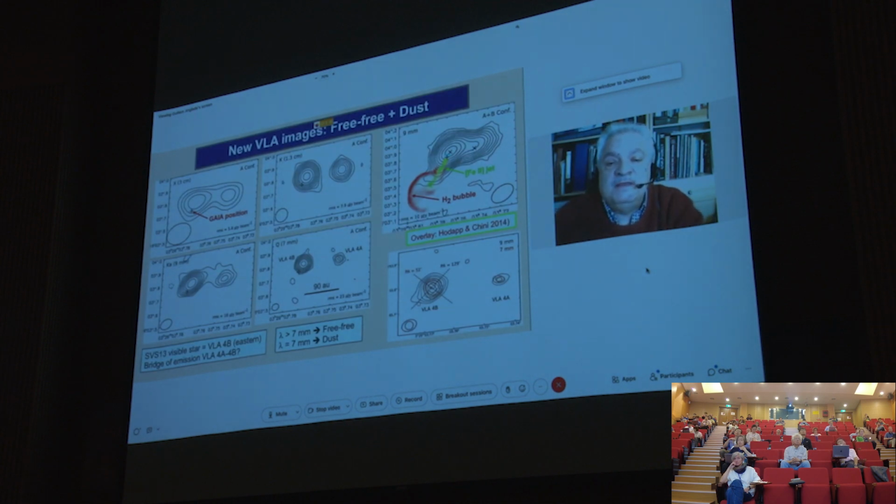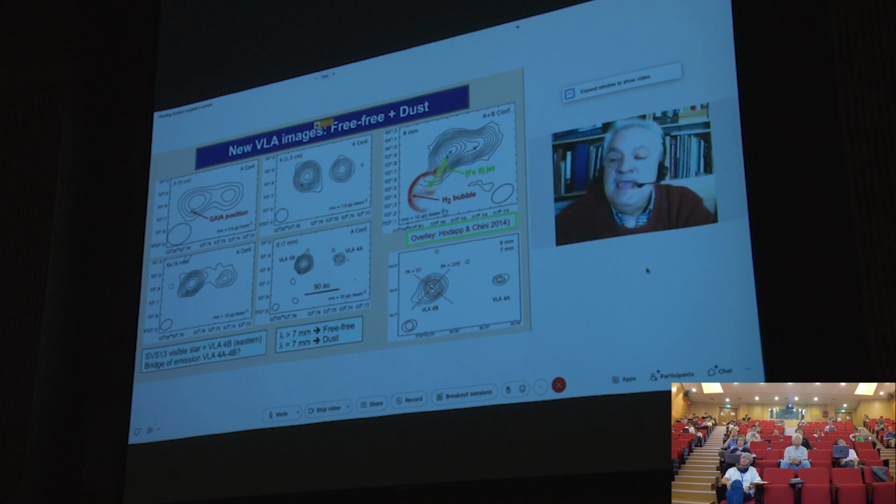Again, we observed the binary. We obtained data at several wavelengths, and with the improved position of the star, we realized that actually the optical component was associated with the eastern component, the B component, rather than with the A component. We also found that there is a slight separation between the radio and the optical position, and we think